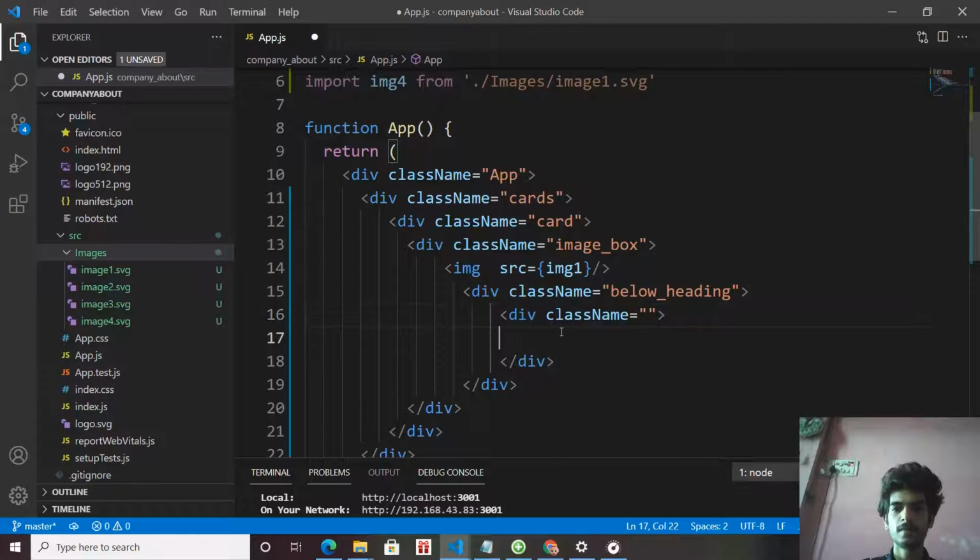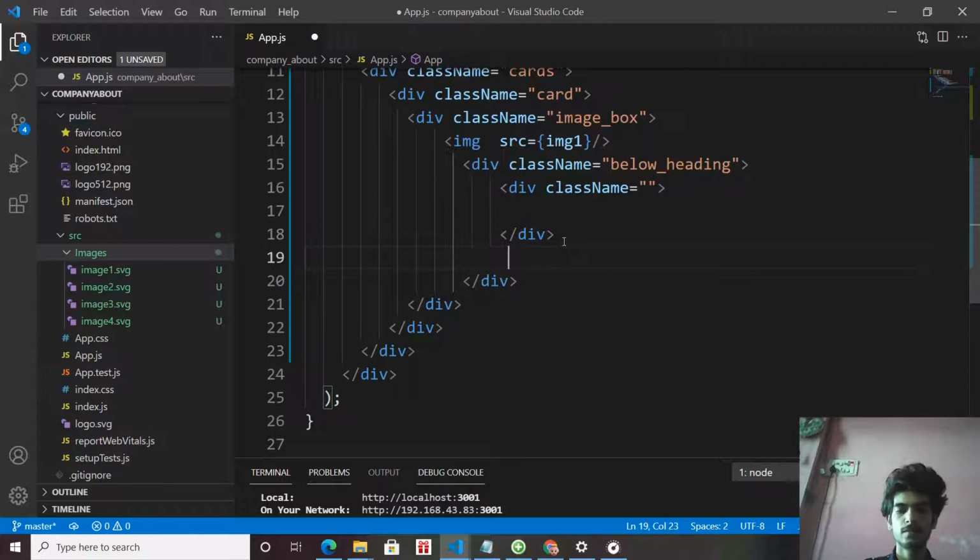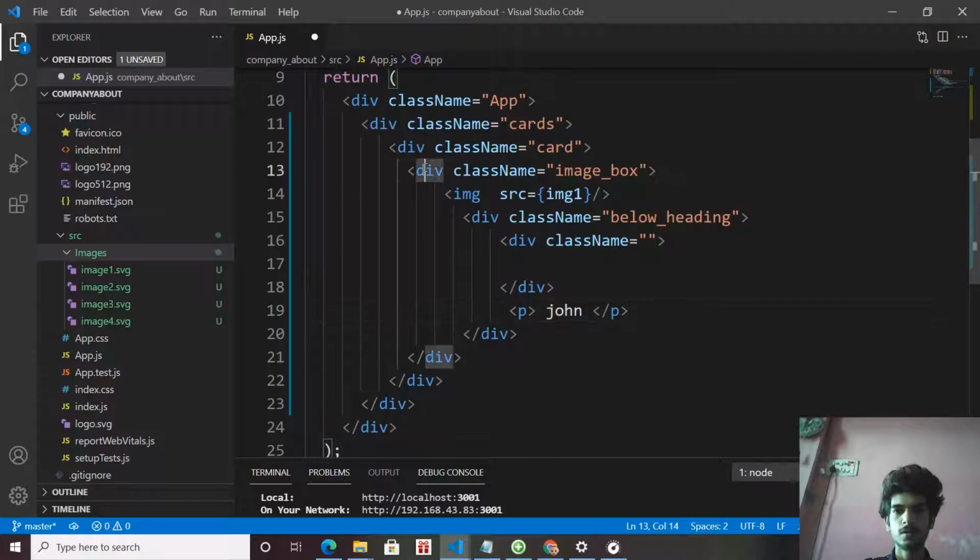Right now leave it empty, we will dynamically add the class name. Below this logo div, make a paragraph tag and write the name of the person. The first person is John. So our first card has been made.